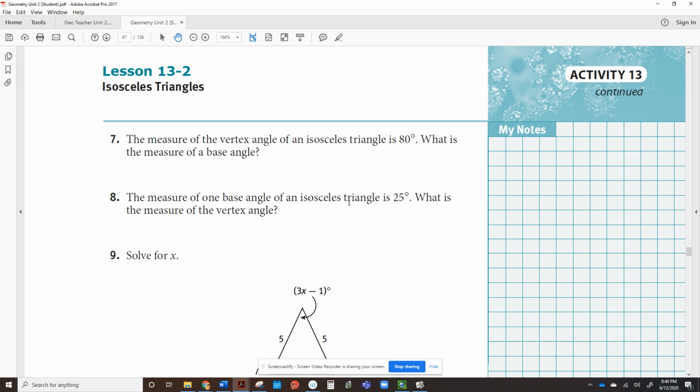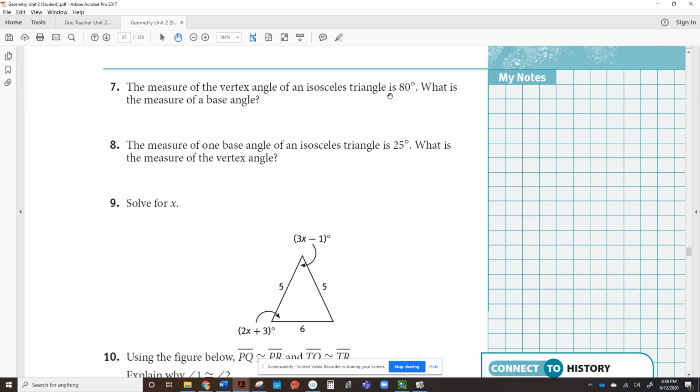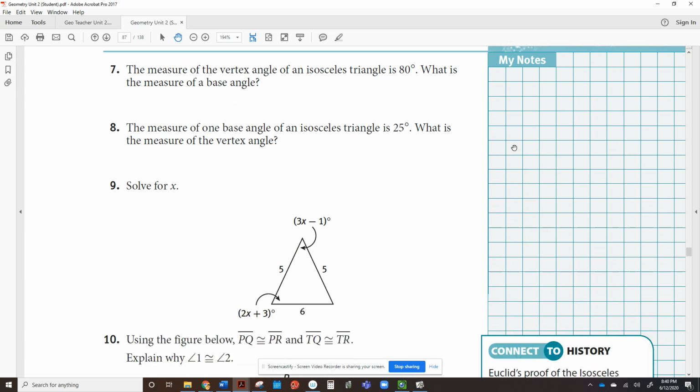next problem. The measure of a vertex angle in an isosceles triangle is 80 degrees. Well, let's draw one, okay? You could draw it any way you want. I like to draw mine with the vertex angle at the top. It does not matter. But it tells me that the vertex angle is 80. What is the measure of a base angle? Well, I know the base angles are congruent. And since I don't know what they are, you can call them x. Why does calling them x help you? Well, that gives you